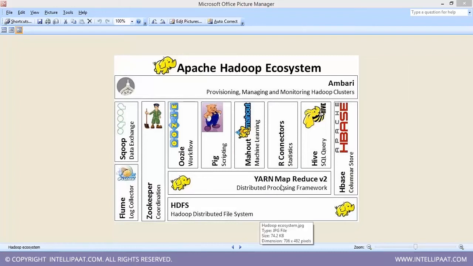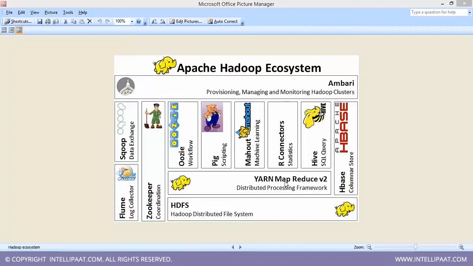So HDFS and Yarn are the important layers, and then we'll be working on the different tools available. Hive, Pig, and Mahout, which is a machine learning application. You can use Mahout as a machine learning tool in your system. It's a branch of artificial intelligence. So whatever data we process in Hive, Pig or MapReduce, we can transfer that, or we can feed that output to Mahout, whereby we can do some predictive analysis, clustering and other techniques. Different algorithms are written in Mahout, which we can use to work on that data set.